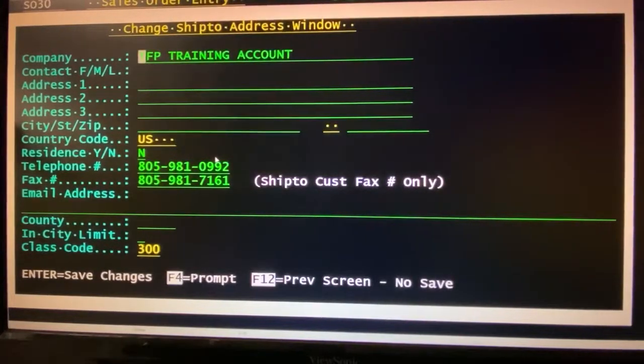The first line will provide you the company name of our customer. You must verify that information in order to know that you have the correct account. Do not provide them the name. Ask them to provide it to you. So as you notice, I am using a trainee account. So I verified that it is the correct account, and now I'm going to ask the customer to provide me